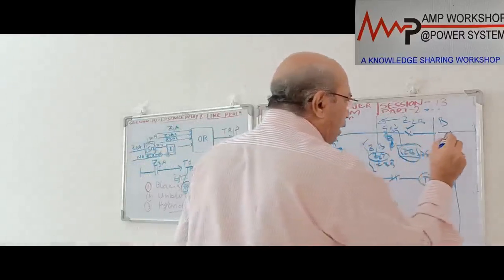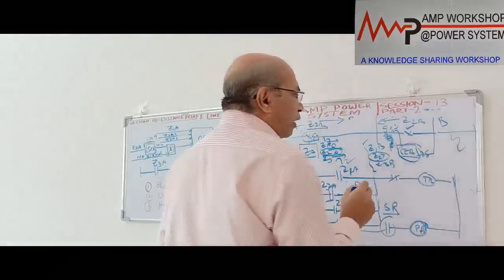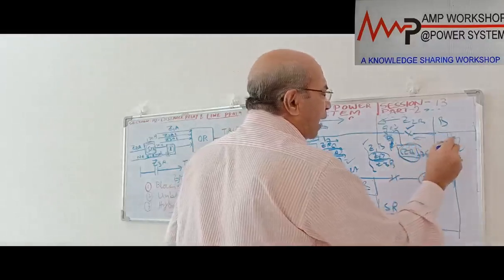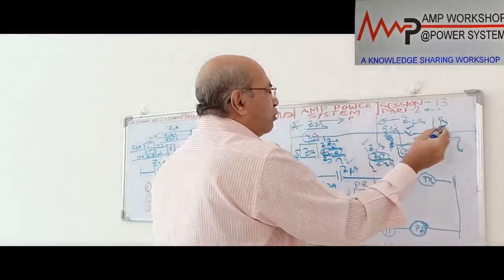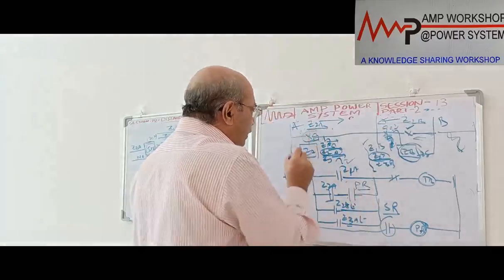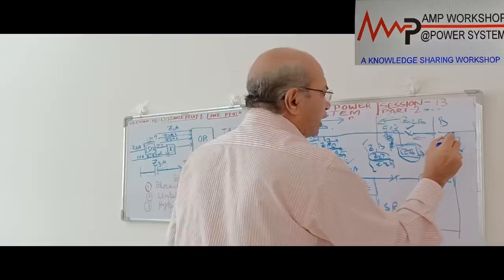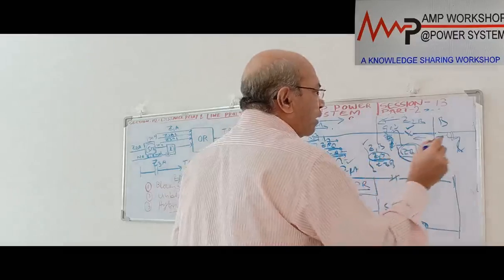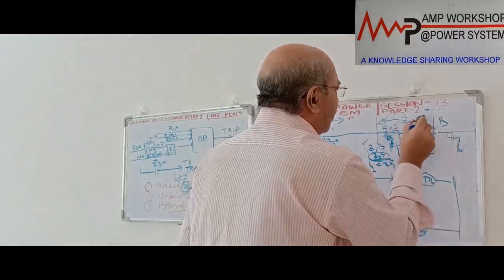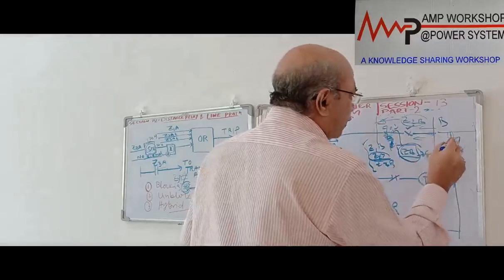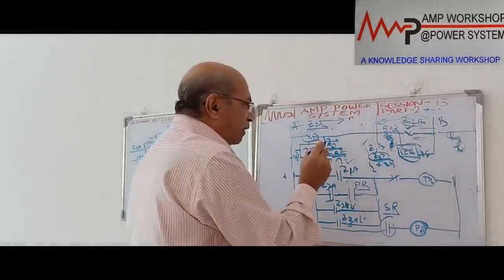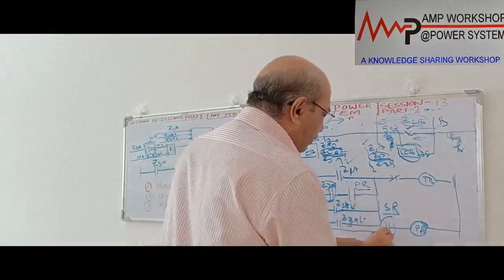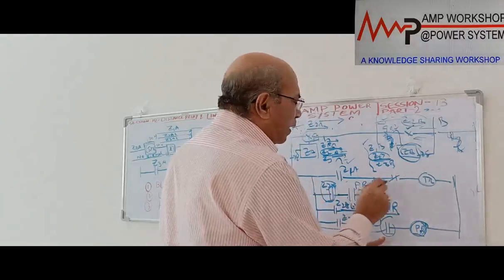But if the fault is outside over here, in that case, what will happen? Here Z2 will not be operating because Z2 is looking this side. So if it is an outside fault, Z2 will not operate, so it will not send any receive signal. Although Z2A over here will be operating for this fault, it has picked up, but it will not trip because it is not receiving any signal, because Z2B is looking this way. So for this fault, it will not send any signal. So if the fault is outside of the line, Z2A will be operating, but there is no receive signal. So this relay will not operate. So this will open, it will not trip.